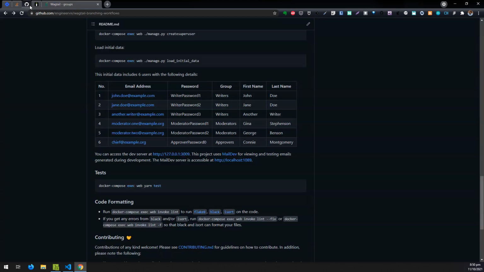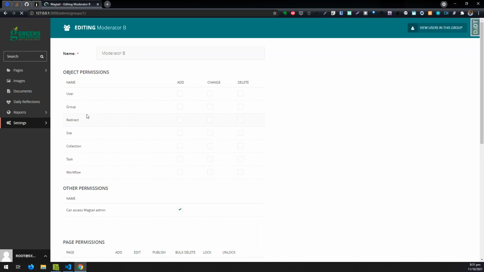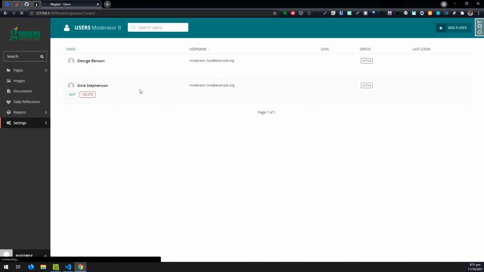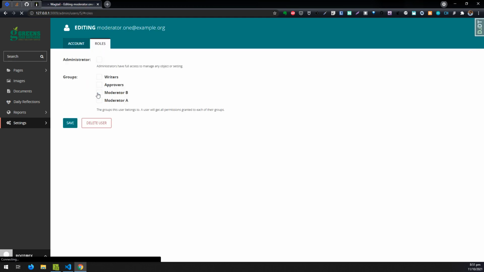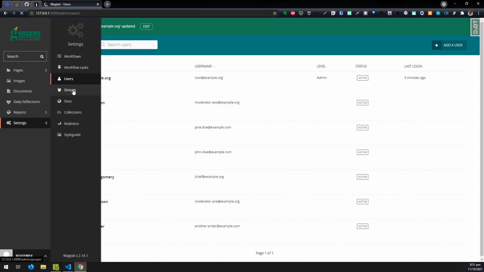So now we have moderator A and B, but we need to modify the users. Remember, we have two moderators. One is moderator 1 and one is moderator 2. So we will assign moderator 1 to the A group and moderator 2 to the B group. So let's come over here and view the users in this group. So we have moderator 2 and moderator 1. So let's edit moderator 1 by adding them to the moderator A group. Okay, so now if we go back to groups and just check,